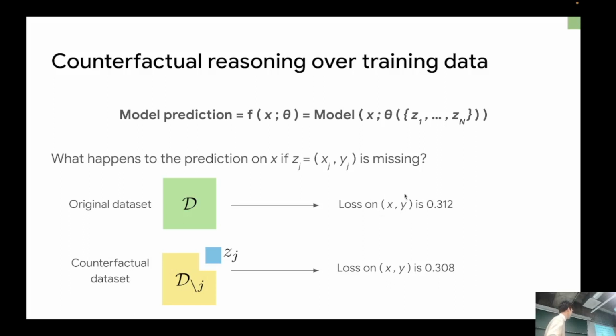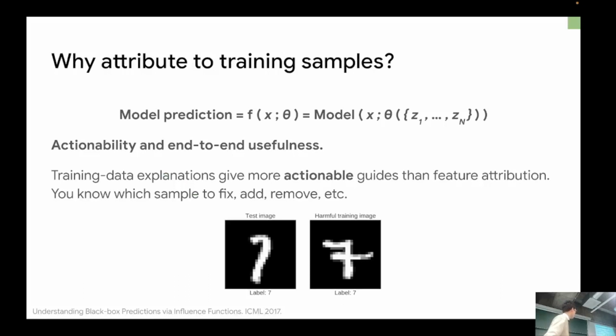Let's say by removing this single sample Zj, you're decreasing the loss value for Z by 0.004. We are interested in this kind of relationship. What's going to happen to my test sample when you remove some training sample? Why is that important? Because that gives me some actionable guidance